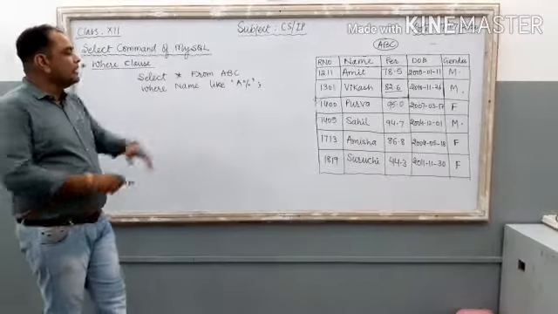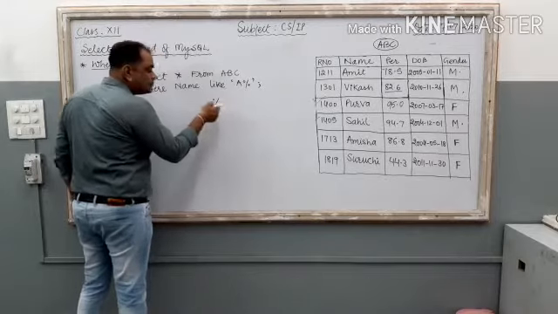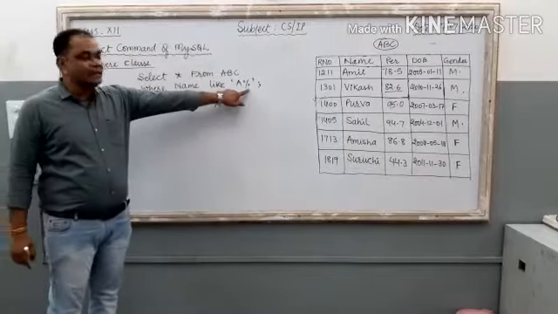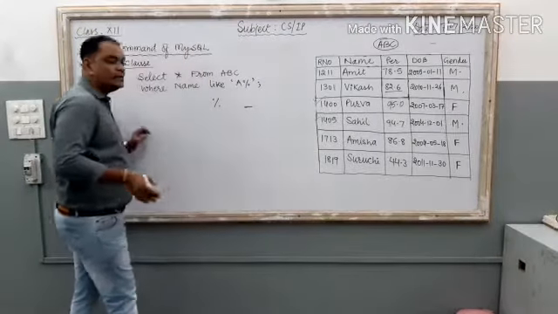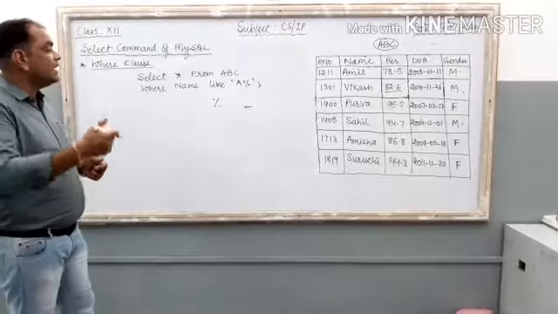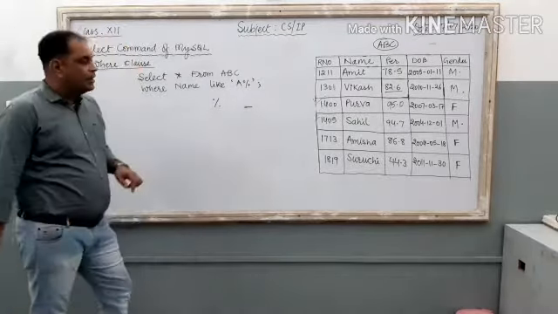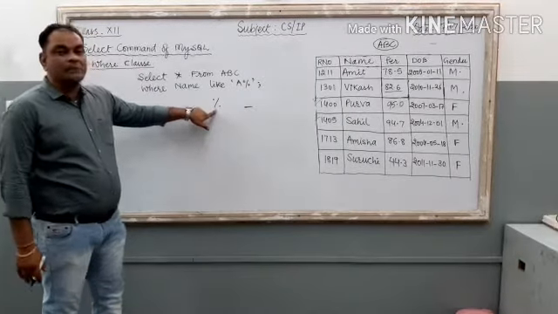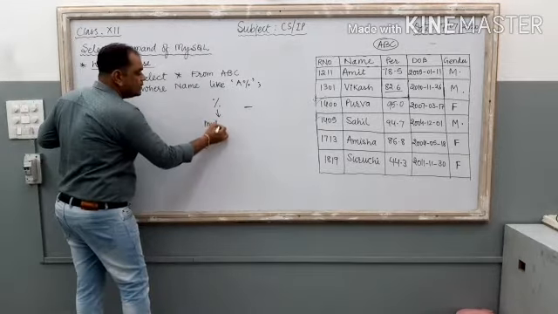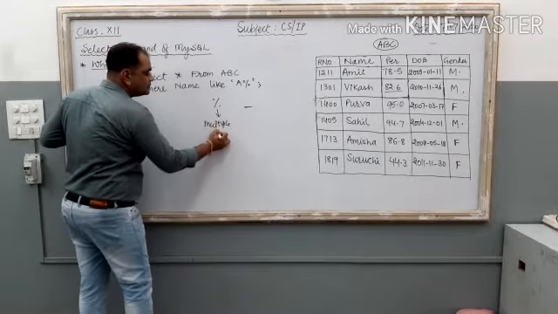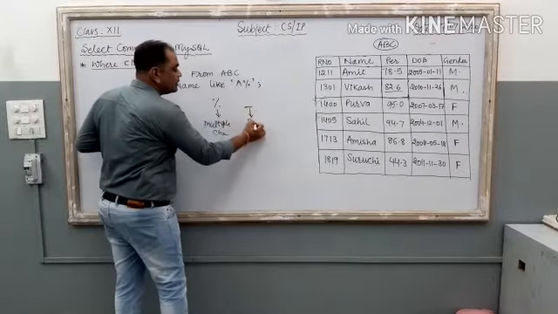So here what will be there? With the like command we use 2 different symbols. Either we can use this percentage symbol with the like command like this one, or you can use underscore also. Underscore and dash, 2 different keys are there on the keyboard. Underscore means downside dash. Right? So, percent symbol indicates multiple characters. Underscore represents single character.